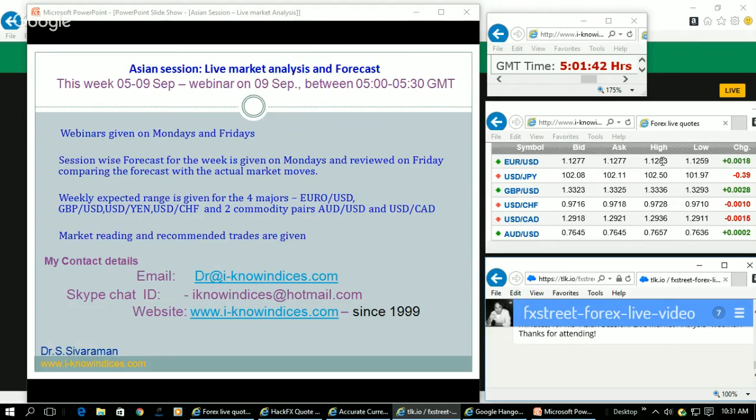So as I explained last week on Tuesday, the players intend to make the contrarian moves in order to handle the crosses. Exactly, they have done that. So let us review the forecast that I have given, and also try to find out what could be the possible moves in the market in coming days.